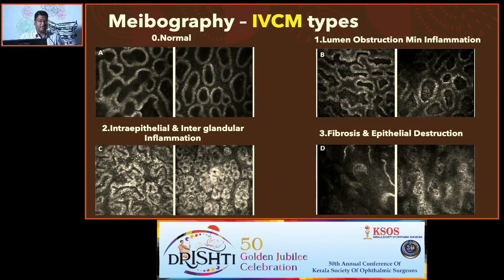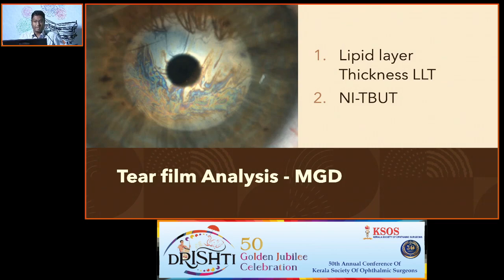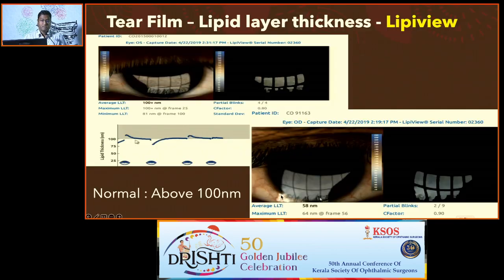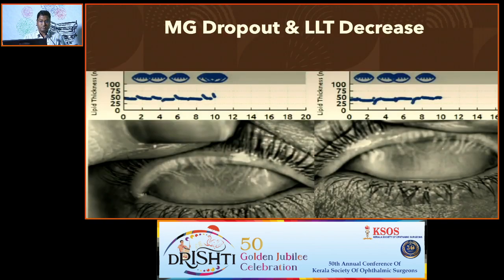If you have access to IVCM, you can also look at the lumen of these meibomian glands. These are normal glands that have a good opening, then lumen obstruction with minimal infiltration. This is moderate to severe, and complete fibrosis and cell destruction of the epithelium. Next, coming to lipid layer thickness, you can see it with LipiView from Johnson & Johnson. A lipid layer thickness of 100 and above is considered normal. Anything below that indicates a deficiency. This can also be seen with the meibomian gland dropouts, and you get a comprehensive report of both of these